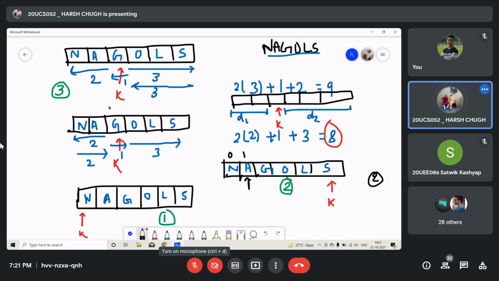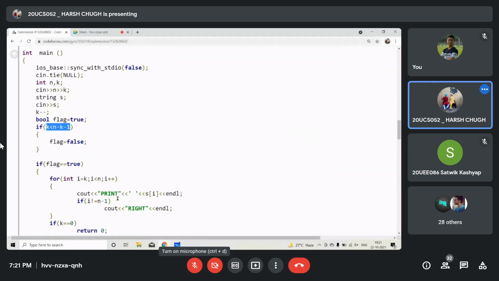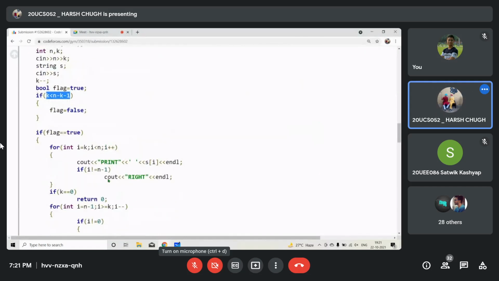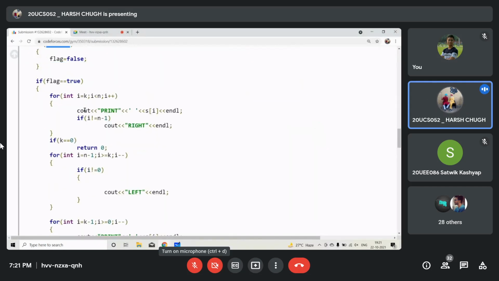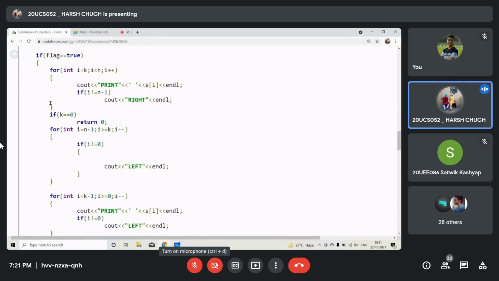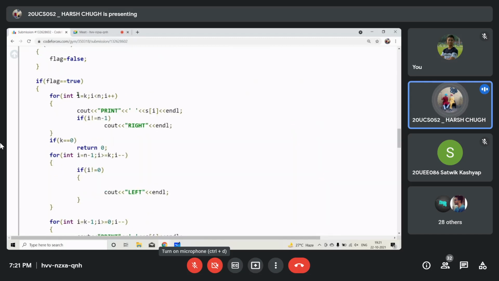So k will be this distance, and n minus k minus 1 will be this distance. If k is less than n minus k minus 1, then we will move accordingly. Now we come to that part. Okay. So let's say we move to the right first. Accordingly, we will decide by the distances.